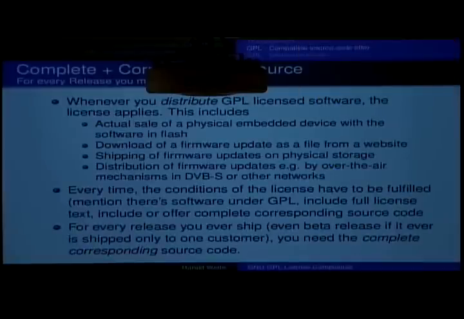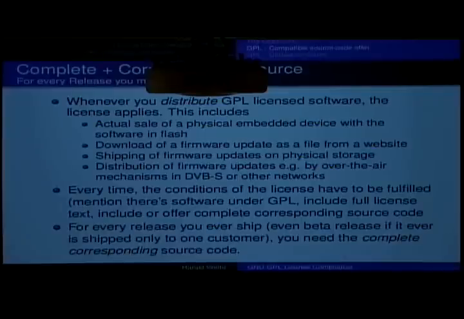Also, it's important to think about when does the GPL apply. As I said, it regulates distribution of software, and distribution happens whenever you pass a copy of the software around. And that can be physically inside an embedded device. So let's say you built this, whatever, this Android phone, or this TV set-top box, or whatever it is that contains a Linux kernel, for example. Then, of course, the device itself, inside the flash memory, contains a copy of the software. So when you give that copy of the software to some other company or customer, then you distribute the software.